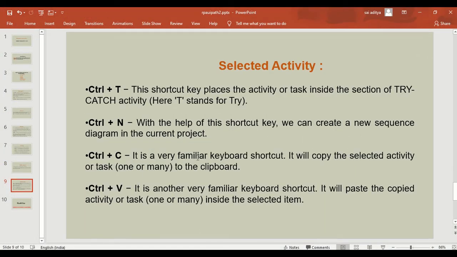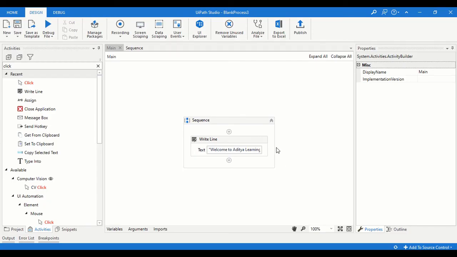And the selected activity shortcuts: if you click Control T, it will take the block into a try catch, and if you click Control N, it will create a new sequence, and Control C and Control V, you all know, are the copy and paste keyboard shortcuts.